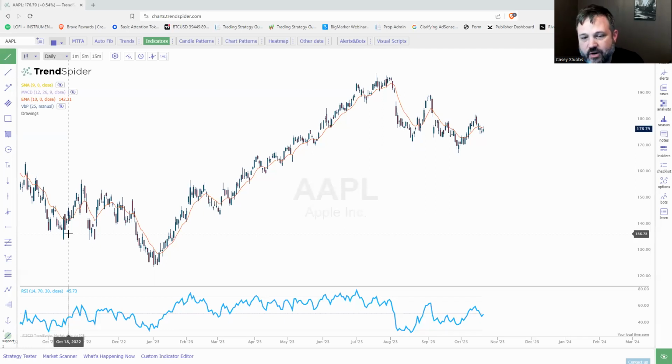So for scanners, what I do is I use FinViz. And then I also use a private scanner that is really good as well. FinViz for fundamentals, and then I have some other scanners that help with analyzing the underlying options on stocks to help